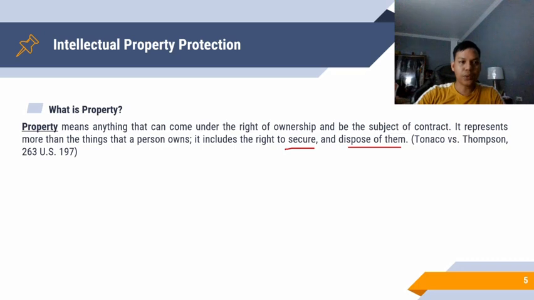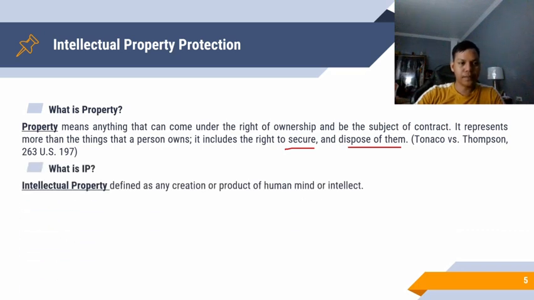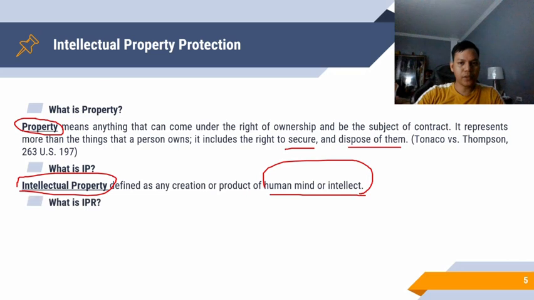And then let's proceed to IP, or intellectual property. Intellectual property is defined as any creation or product of human mind or intellect. Okay, this is a property. So the property can be tangible or intangible. And when we say intellectual property, it is intangible and it is a product of human mind and intellect. And we also have this